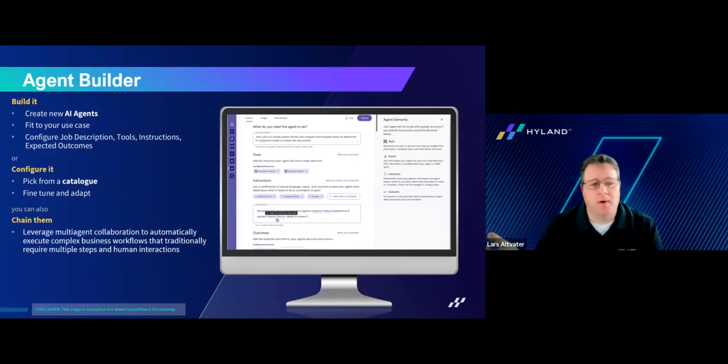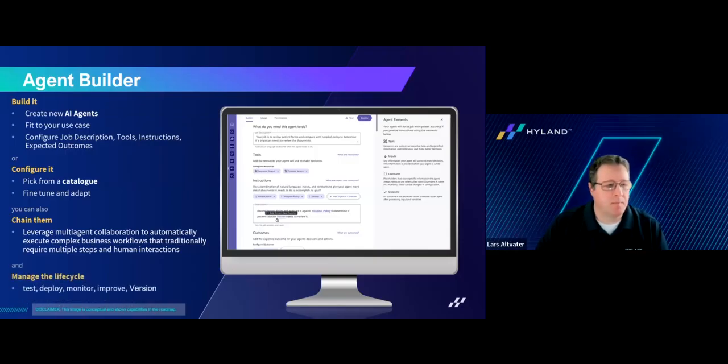You can have a workflow or a process that includes multiple agents, each taking care of a step in the process. Later on, we're going to have agents that can collaborate automatically, right? Where agents can be used as tools, so the agent can make the decision when a different agent with a different set of skills needs to be involved.